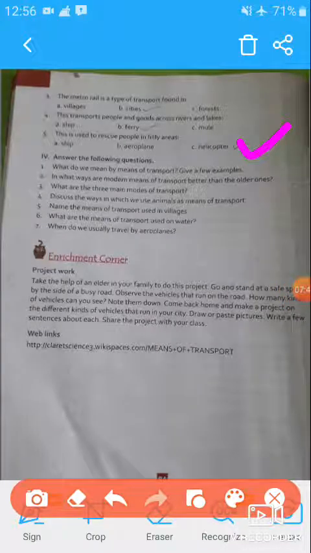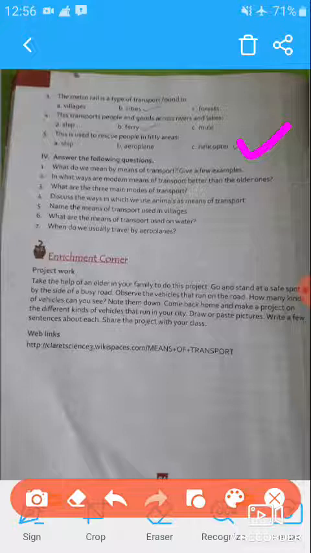Now students, let's come to question number 4. Discuss the ways in which we use animals as means of transport. So students, as you know, animals are important means of land transport. Bullock carts and tongas are used in many parts of India, and tongas are small horse drawn carts. In deserts, camels are used to carry people and goods. In forests, elephants are used to carry wood, and in hilly places, mules and ponies are used